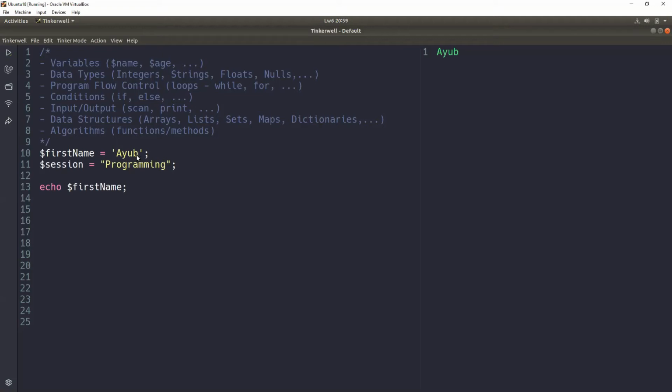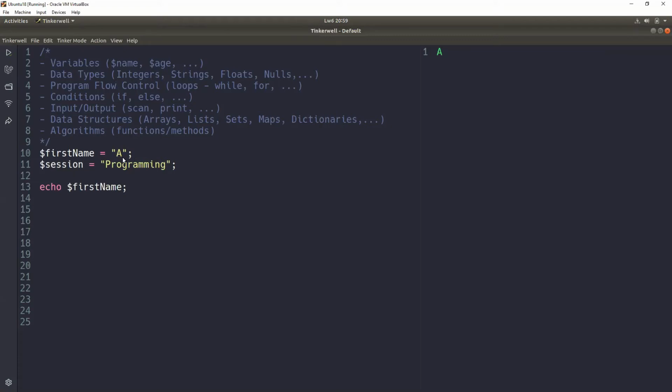In some programming languages, I think Java does that, they only allow you to write a character in single quotes. If you try putting double quotes, it rejects it. But PHP is different. It doesn't care whether it's single quotes or double quotes. It will take it as a string, whether it's a character or what.